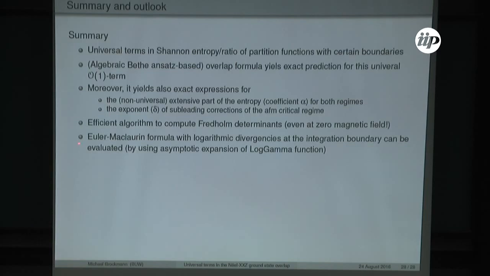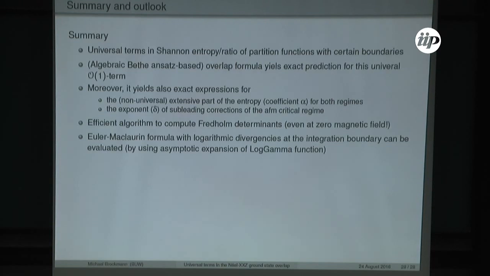And the Euler-Maclaurin formula is not applicable in the gapless regime because you have a logarithmic divergence also at the upper boundary, but in the massive regime you don't have this. All rapidities are bounded,